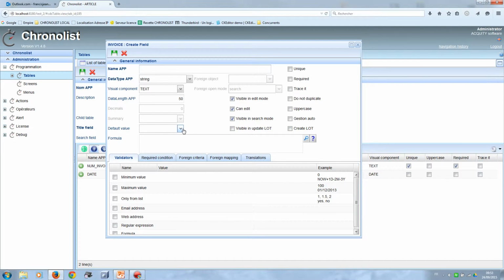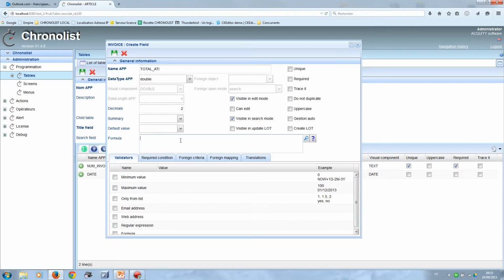We're going to have the total, all tax included. It's a number. We can't edit it. And the formula to have it is we are going to make the sum of all